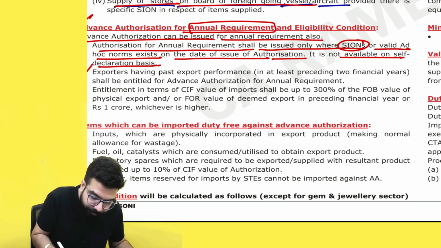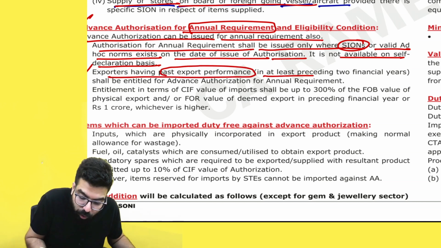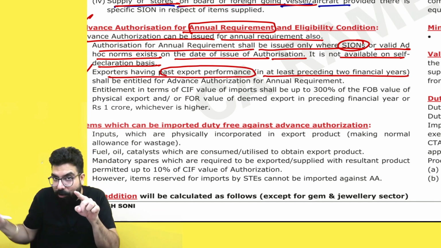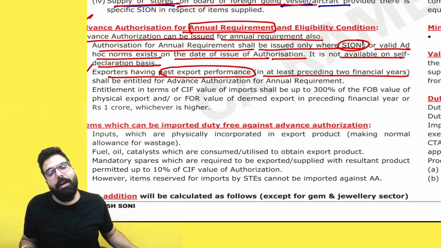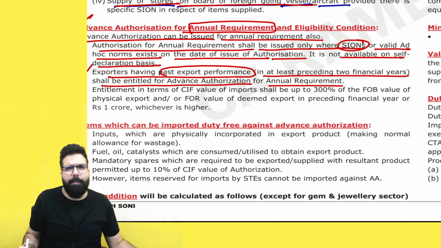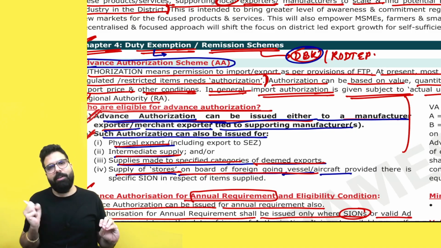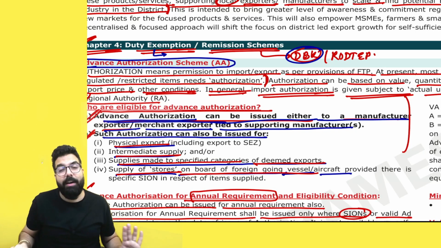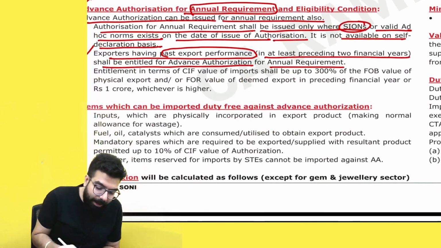Okay? Next, exporters should have past export performance of at least 2 preceding financial years. It means in the last 2 years at least you should have export performance. Only then you will be given advance authorization. Shall be entitled for advance authorization for annual requirement. One is normal advance authorization. Every time for import you take authorization from the DGFT office. Okay? One is for annual requirement you can take an authorization, and they are going ahead and telling